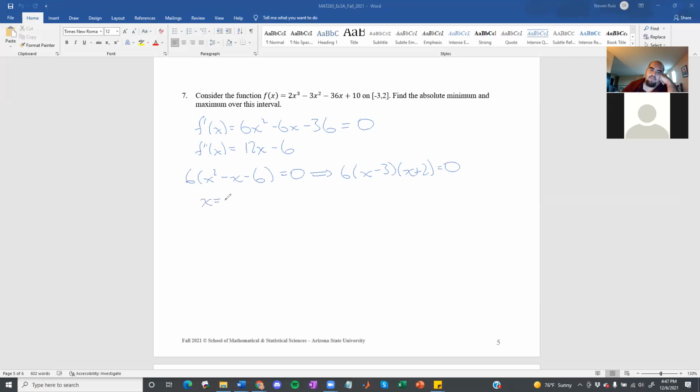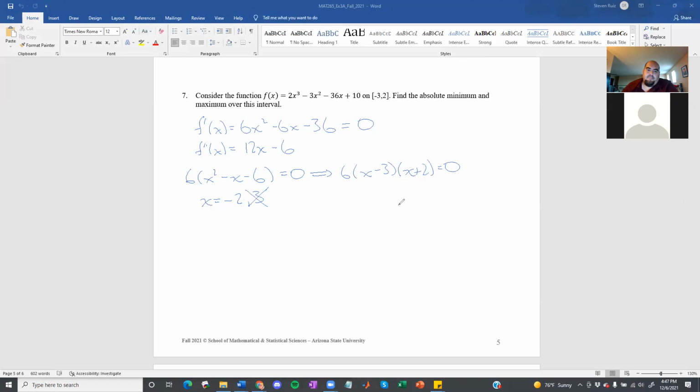Well, those aren't, these are critical values. But the thing is, you can disregard the 3 as of right now because it's not in the interval. And so then we can look at whether that -2 is a minimum or maximum using the number line